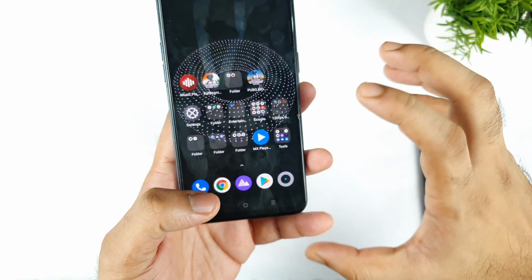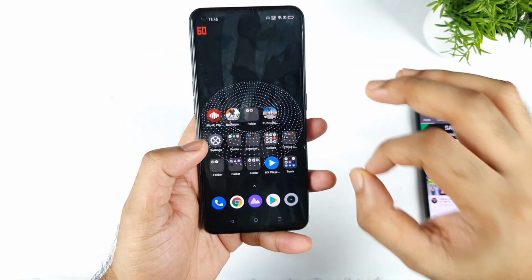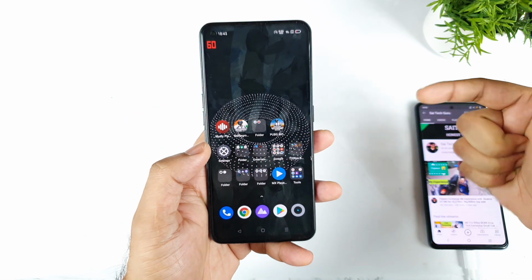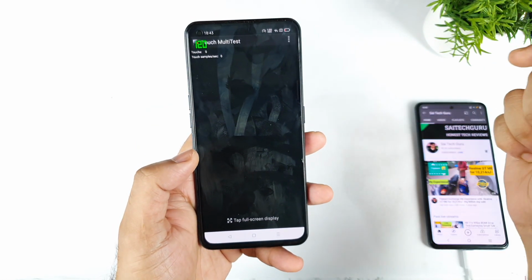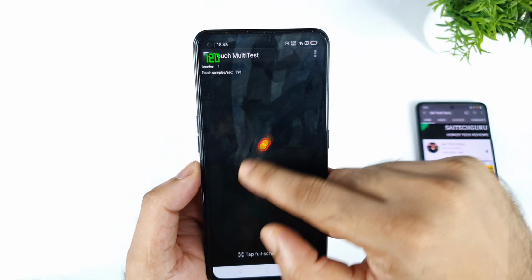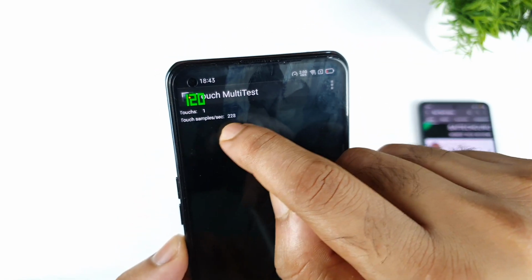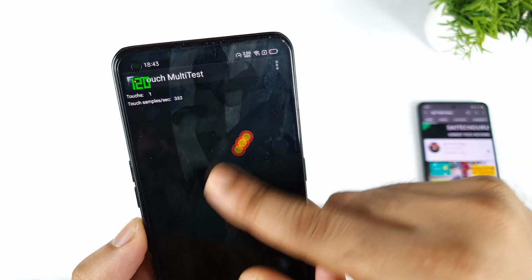Not only in the Realme community, everywhere I saw a lot of comments, friends, regarding the Realme X1 Max. But let me show you what is happening exactly, how much touch sampling rate is present after the recent update. So let me open this application which is useful to test the touch sampling rate. Right now you can see the real-time FPS meter. It's about a 120 Hz refresh rate, and the touch sampling rate number which is showing is close to 360, as you can clearly see.